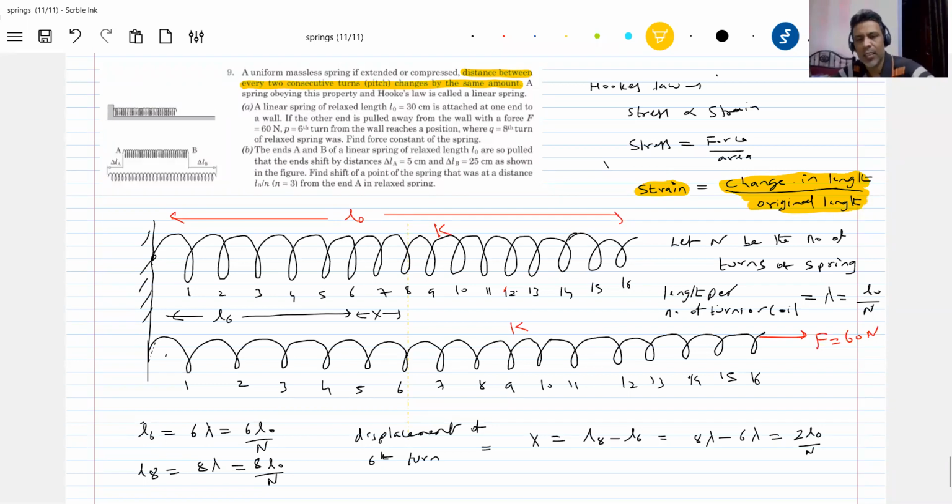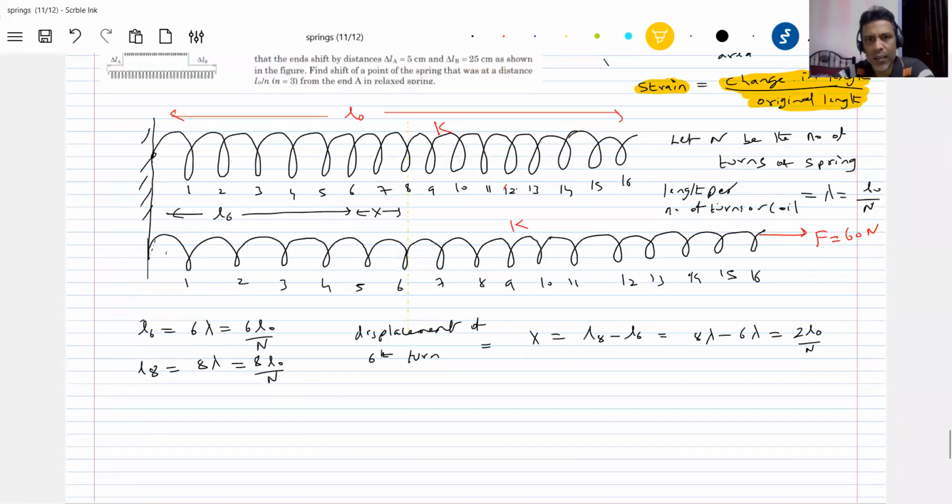So here, the strain in one turn, this is what the question itself has explained, that I'm going to interpret now. Strain in one turn. "There's a property of spring, sir. Why are you writing this equation?" The question itself says it. What do you mean by spring? The spring which we are discussing has this particular property.